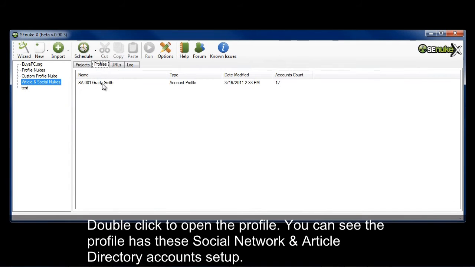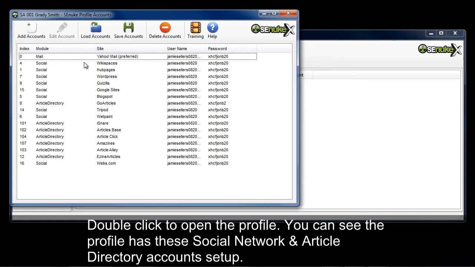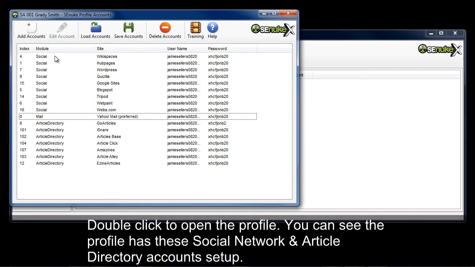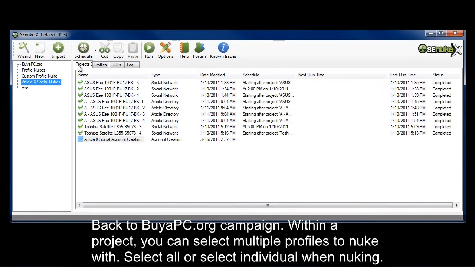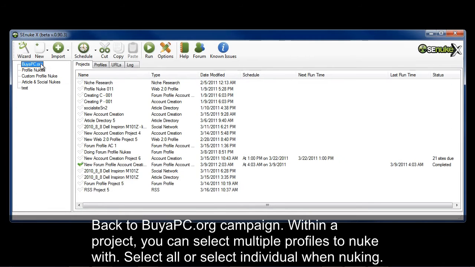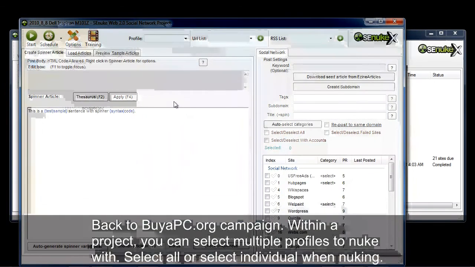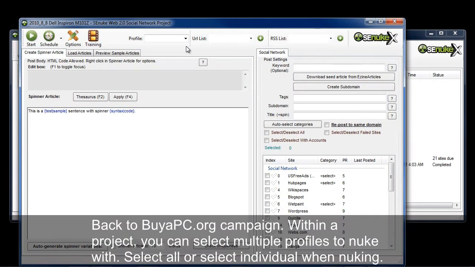Now if I go to the profiles here and double click, I can see now that I have these accounts set up for the social network and the article directory. And it shows the username and password right here. Now let's go back to my buyapc.org campaign. And let's open the social network project. Now within most of the projects, like this social